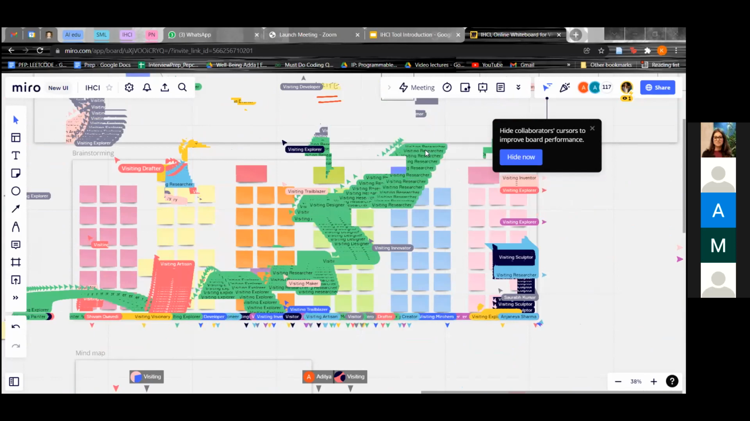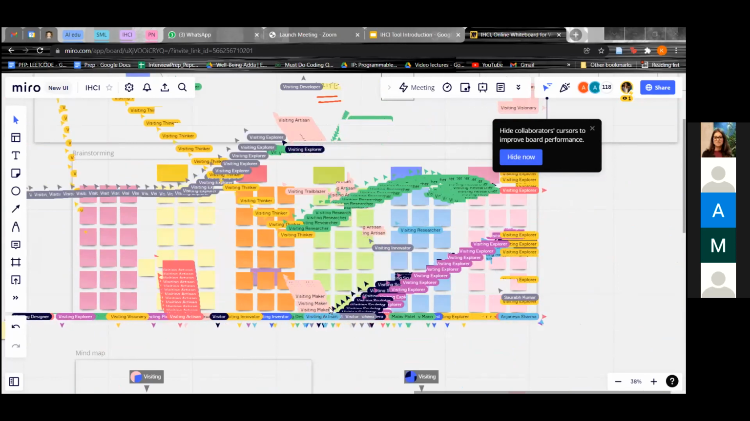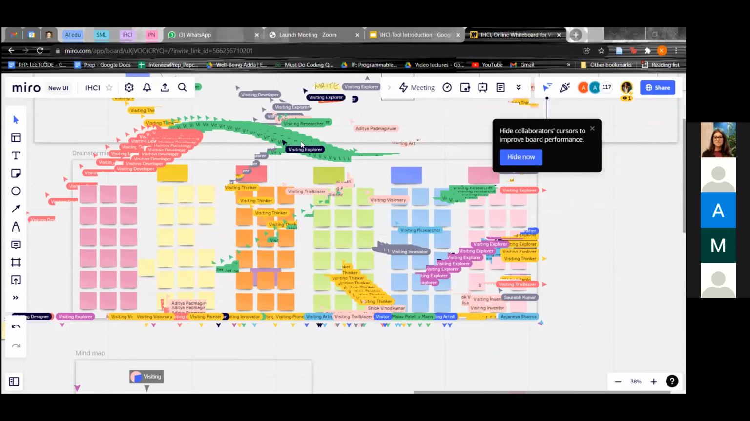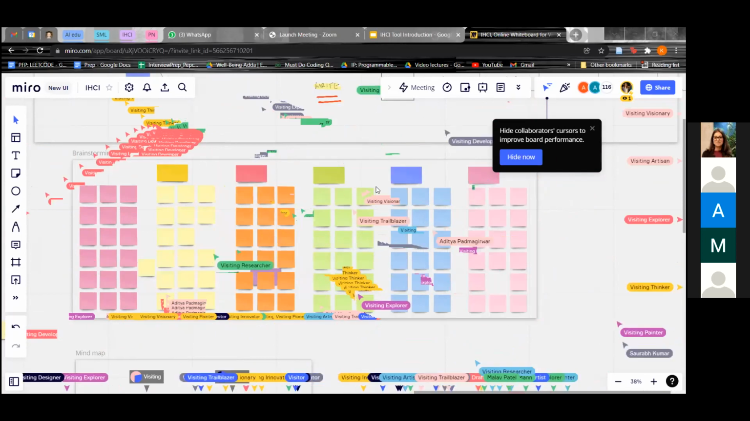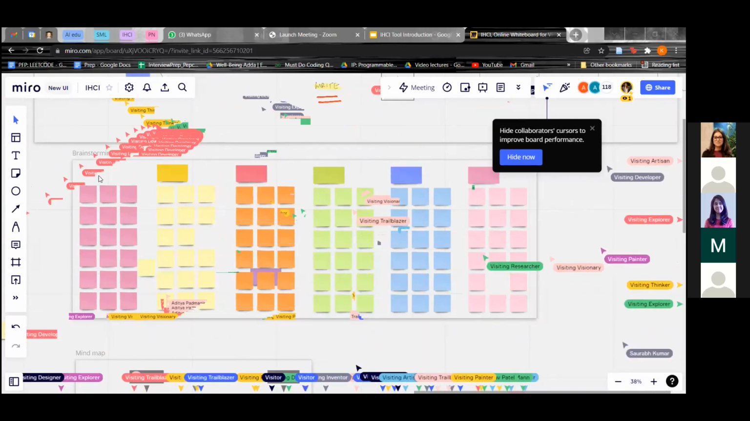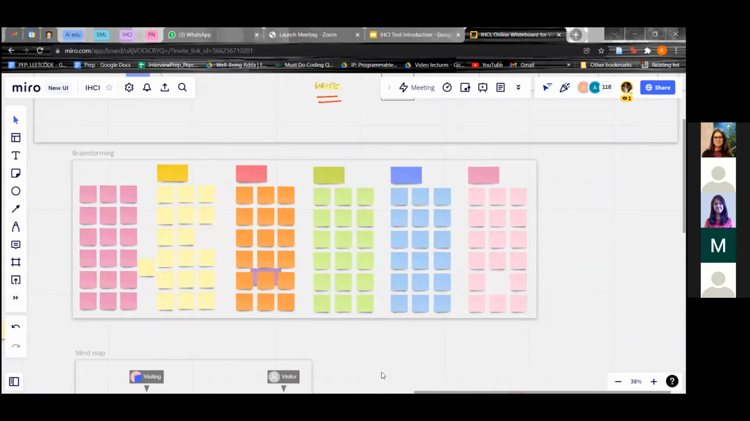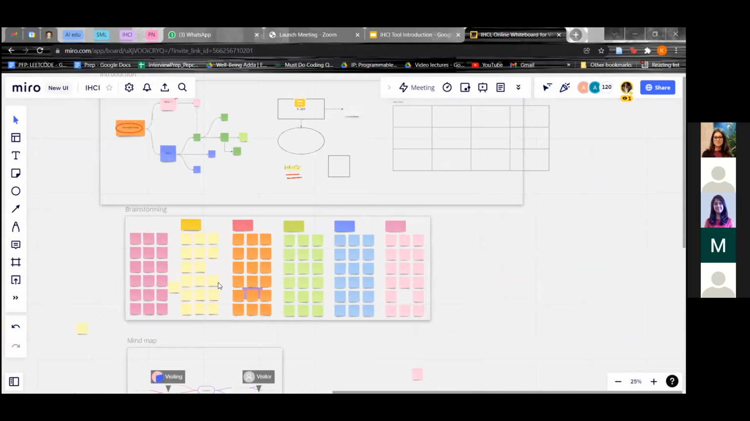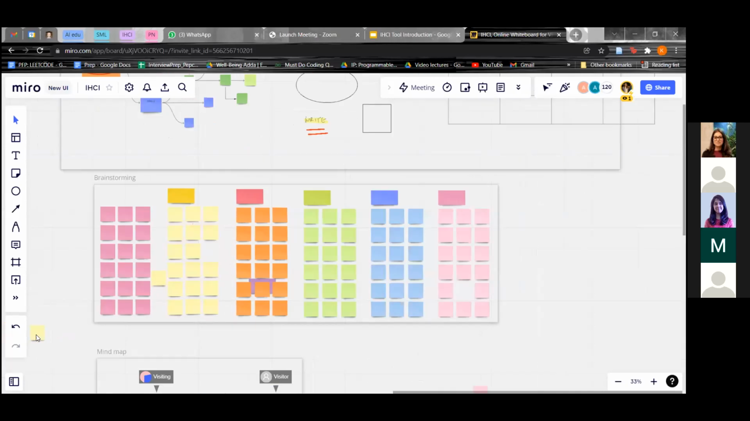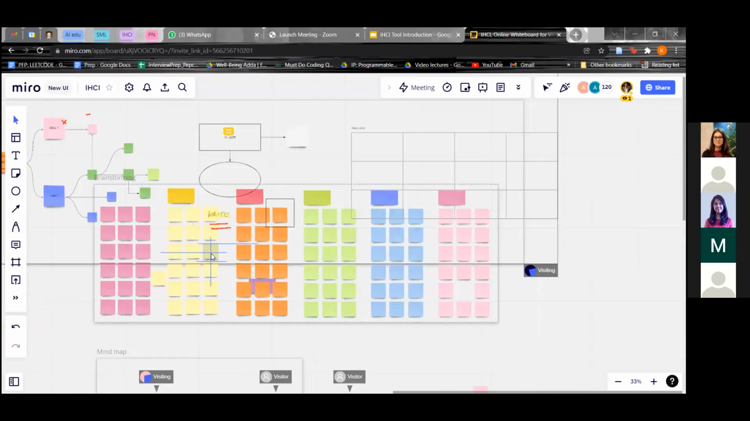Hide in there. I couldn't hear that. Khushi, I think you can hide the cursors using that prompt. So then it would become better. Yeah, great, it worked. Thank you so much. Okay, so